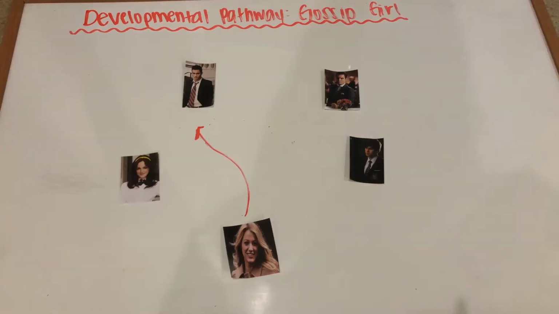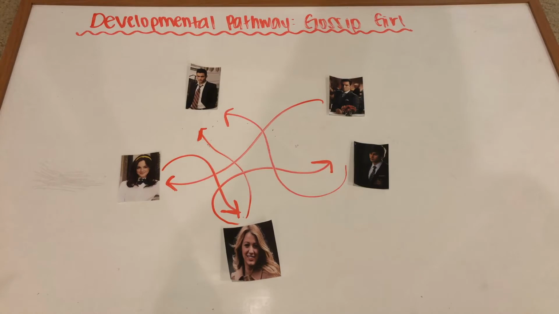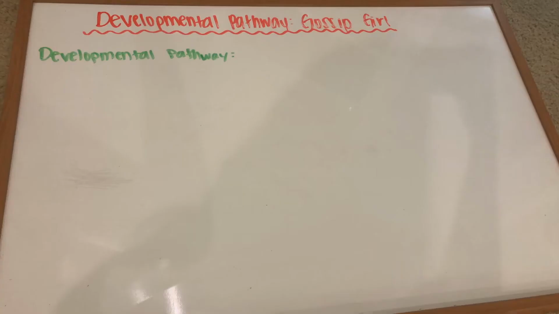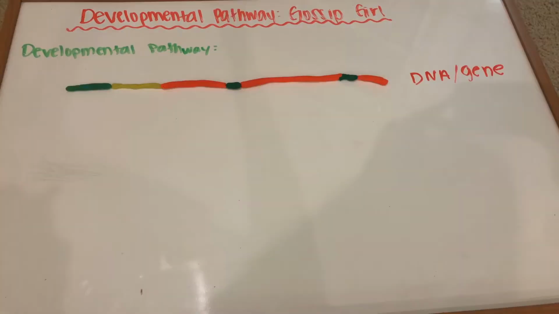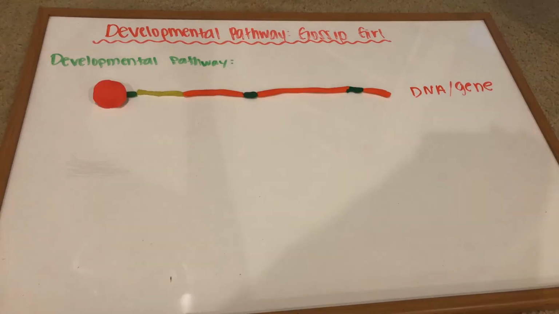In the show Gossip Girl, there are multiple characters whose relationships cause Dan to expose himself as Gossip Girl. The relationship between these characters is so intertwined that it could be compared to a developmental pathway in genetics. In a developmental pathway, multiple genes are either activated, as shown here,